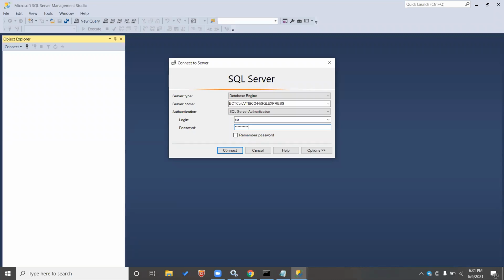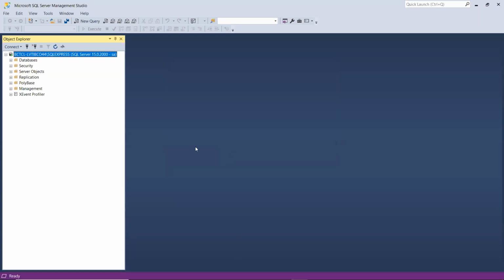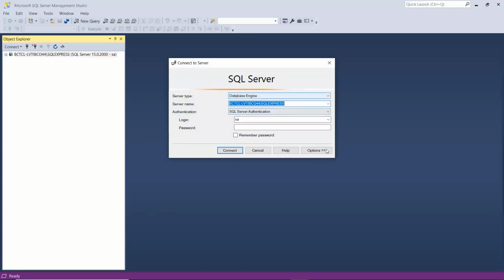We can have a client or we can connect through the command prompt, but for the sake of this course, we'll always use the client. As I mentioned, it is more like a UI, so you can have a better interaction with the server. So we can connect here. Now you see I have all the databases accessible. As I mentioned, this is a client, so it is not that it will connect only to the server on my local machine. It can connect to any MS SQL server which is accessible through my network.